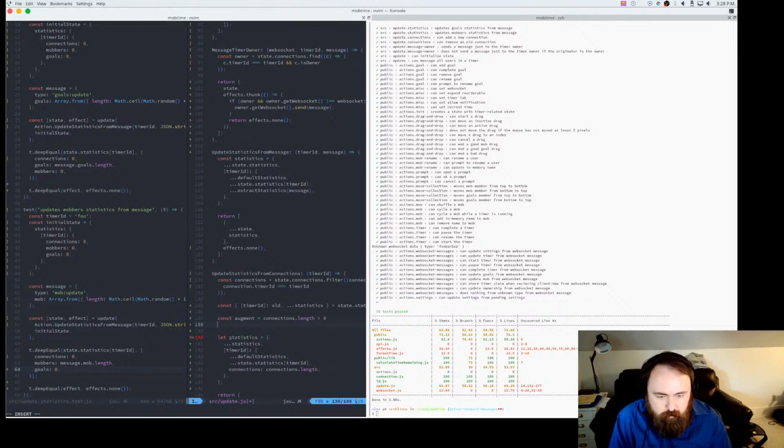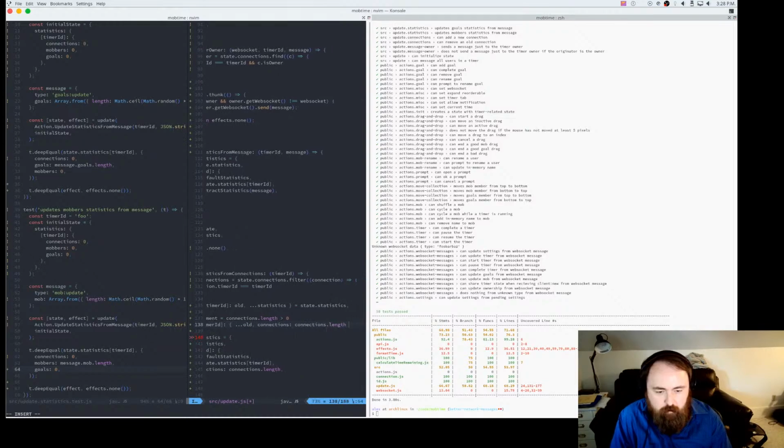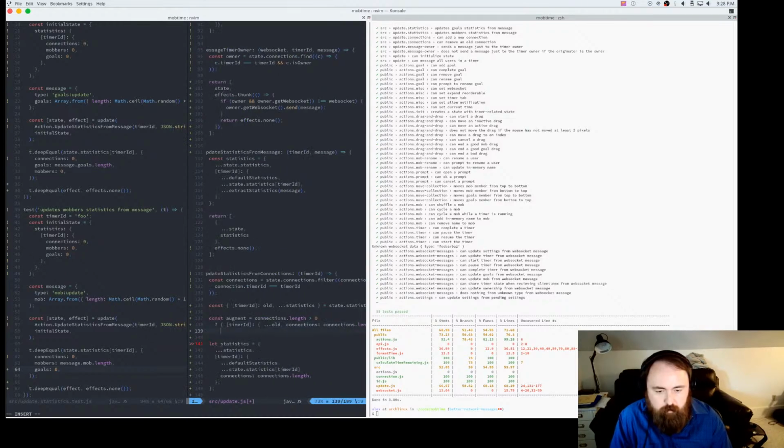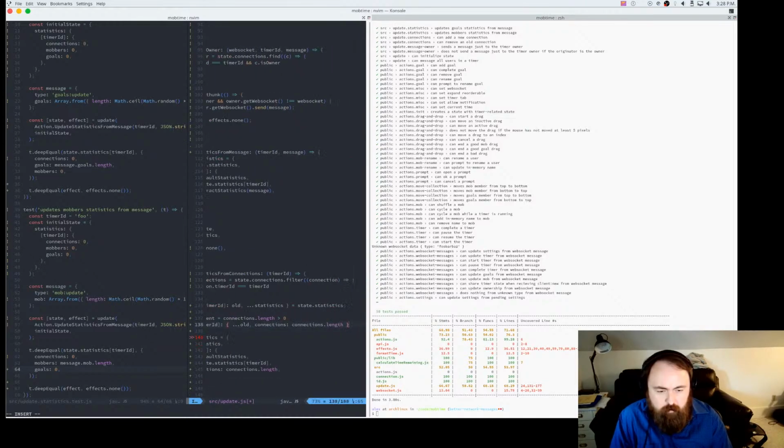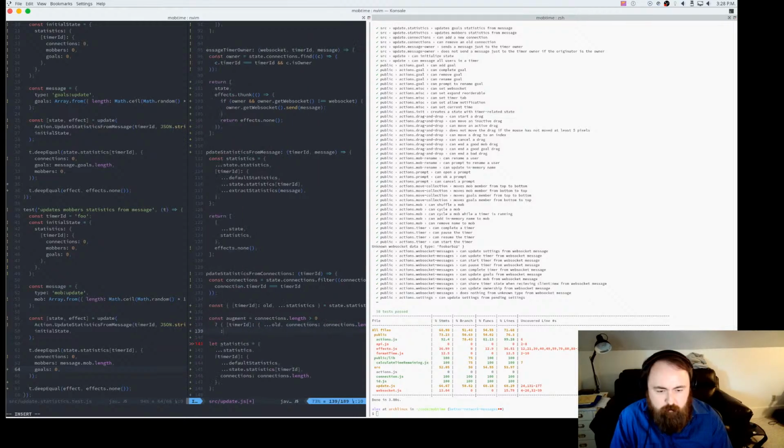So if we have connections, then we can do something like timer ID old, and then also connections.length. I don't know why that's indented by default, but otherwise we don't augment it at all.